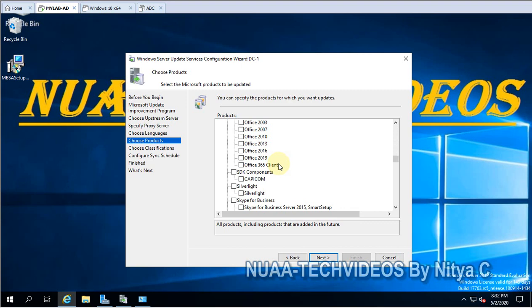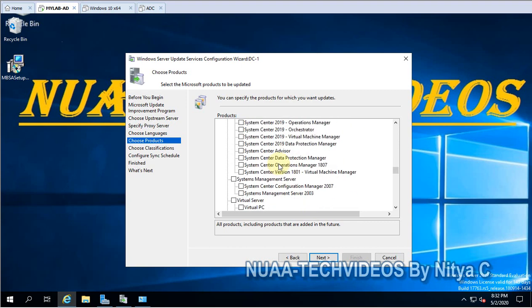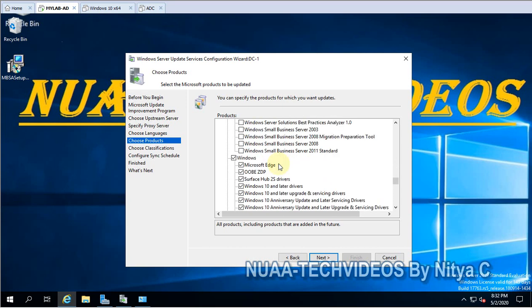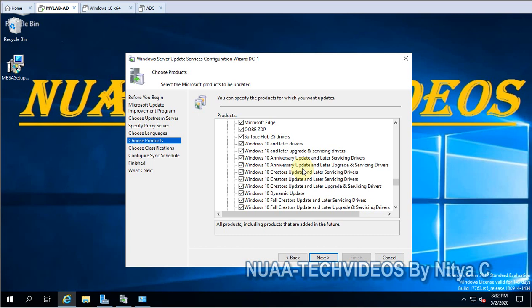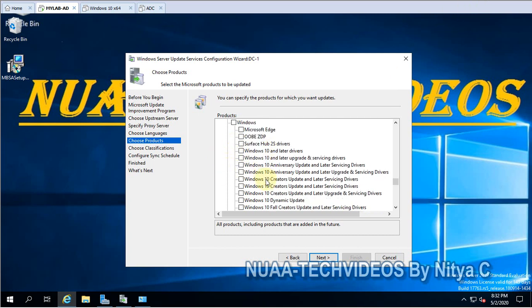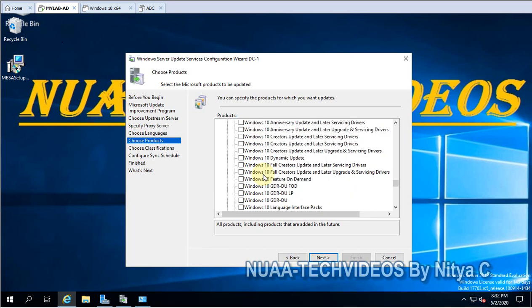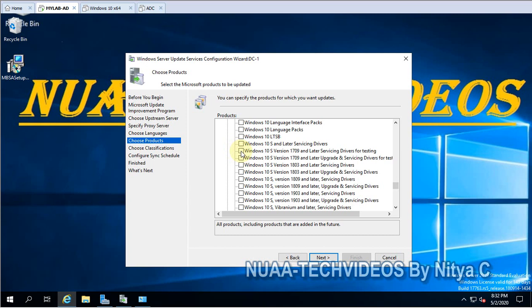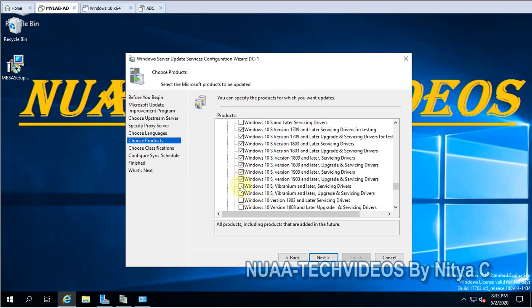from the list we have to patch only 2019 and Windows 10. I will deselect all and configure for only Windows 10. Here are the builds: Windows 10, 1709, 1803. Okay.